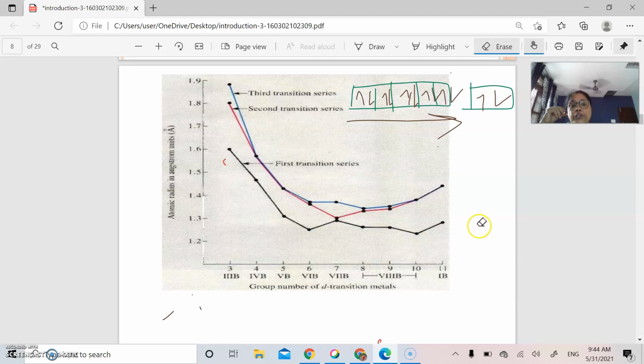But since there are d electrons, and d electrons have a very low screening or shielding effect, this means that as the number of electrons increases, nuclear charge increases, but these electrons have very low shielding effect, and that is why the nucleus attracts the outermost electron very tightly and the size decreases. But after manganese, since the pairing of electrons increases in the d shell, there is a little bit of electron-electron repulsion, they will not attract one another. There will be electron-electron repulsion in the d orbital, and that is why the size will increase.